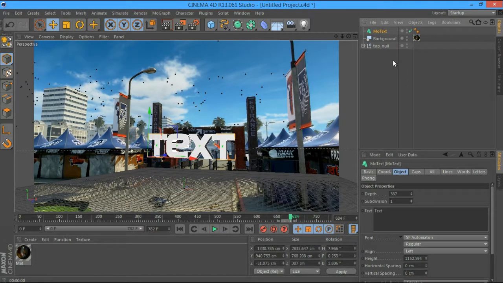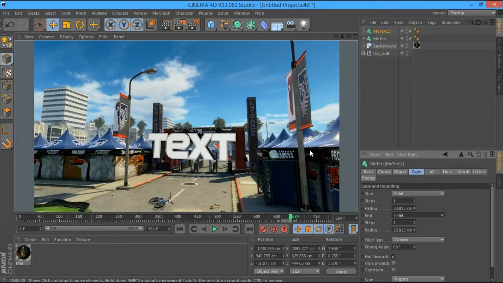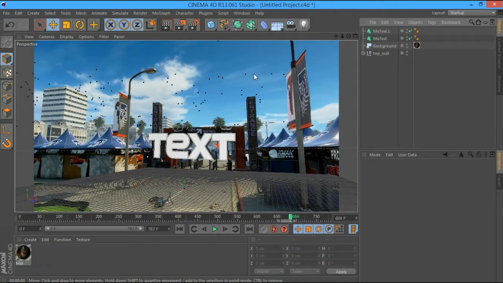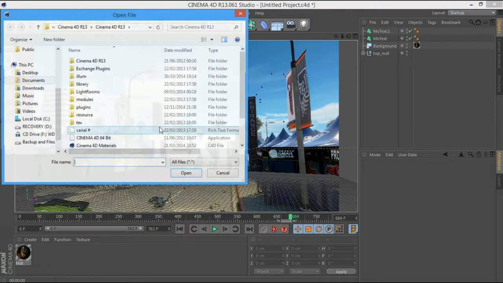So I'm going to Control C, Control V to copy it, go over to caps, hit fillet, and hit fillet again. Now if I was to pre-render this, you can see it looks a little bit better, something a little bit different, but still not great. So quite frankly, what we're going to do is now go over to File Merge,